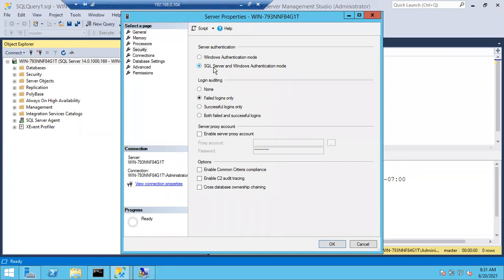Okay, clear? But sir, I have a doubt. Money is not created at the Windows level. Shan is a Windows level login, money is a SQL level login. For a Windows level login, we have to create the user at the Windows level. For a SQL level login, no need to create the user at the Windows level. You can directly create a login at the SQL level.